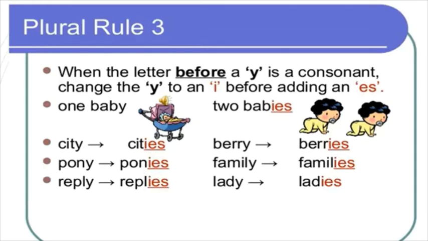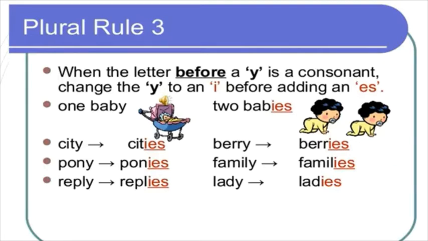If there is a countable singular noun that ends with y letter, right? And there is a consonant letter before the y letter. So, now we are going to pluralize it. Then we have to remove y letter and add